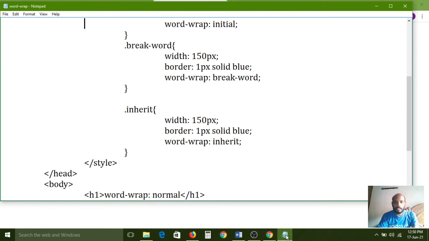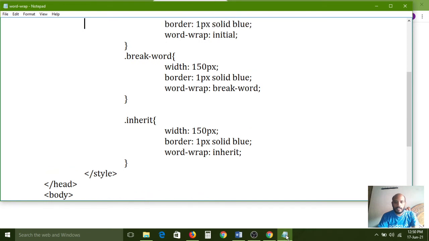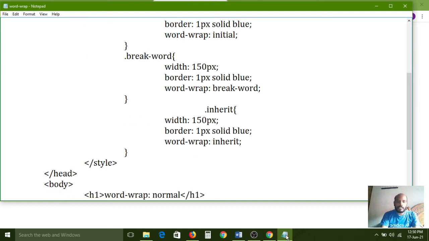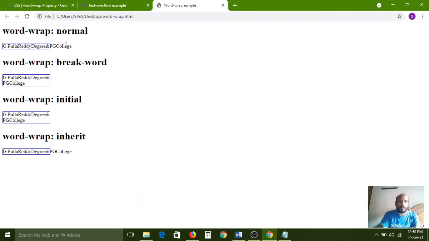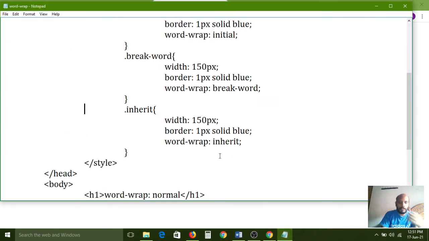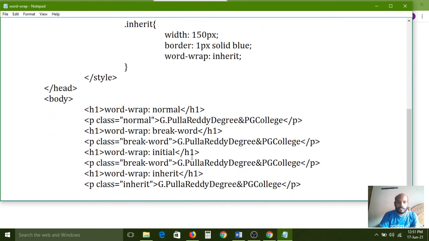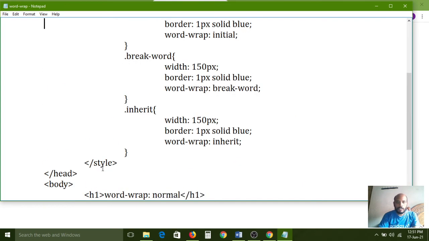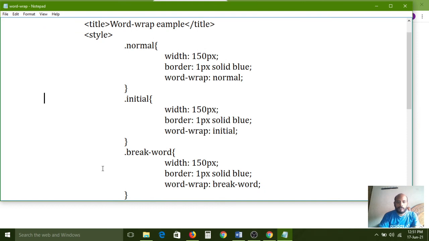Inherit. Wait, here one space is given, so that's why it is not taking that one. So last property also should be word hyphen break. How will it inherit from the parent value? Inherit. 1 2 3 4.